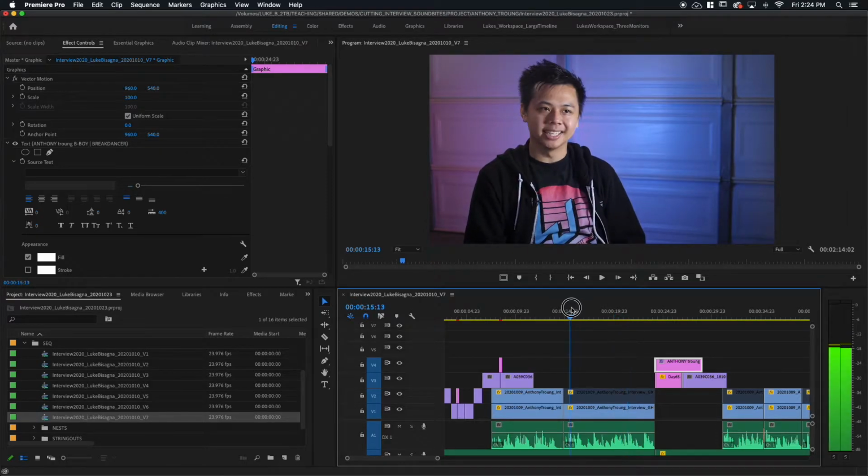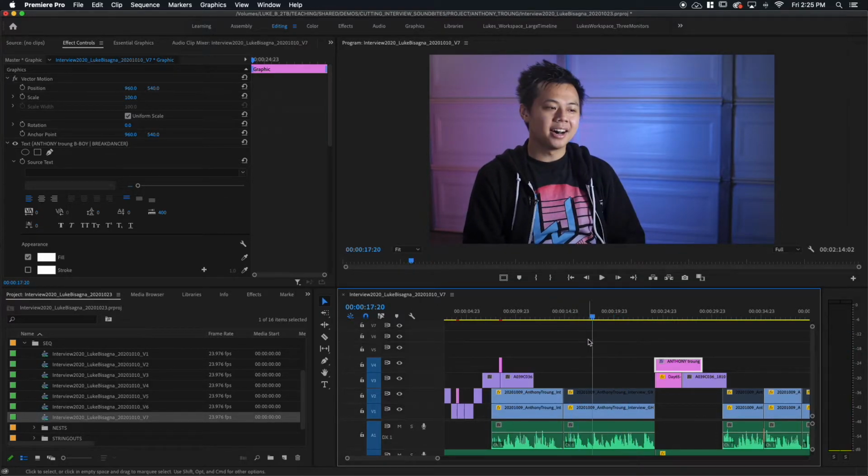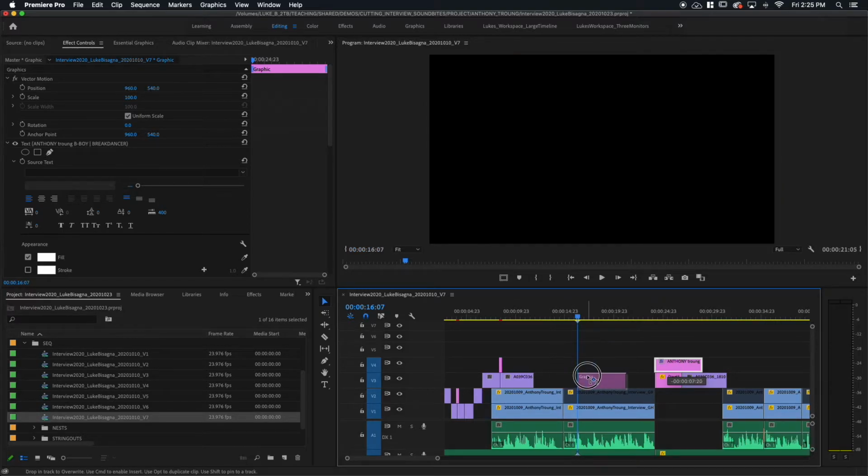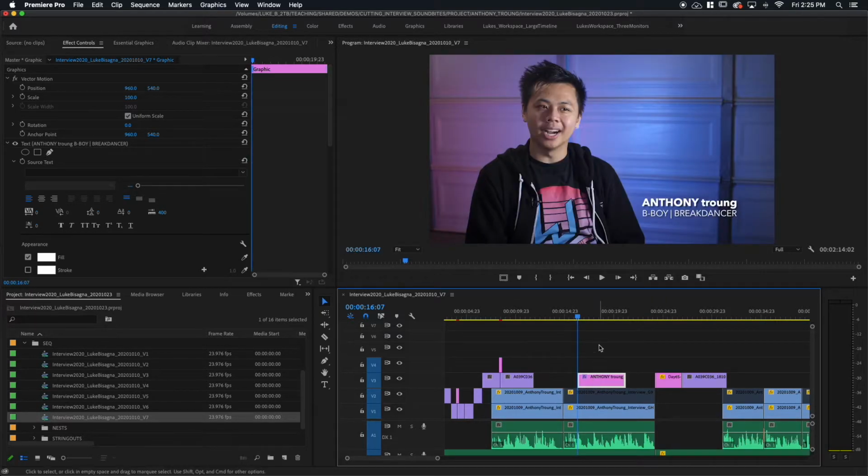I think I'm going to go with when he says with wires. It had to be done with wires. With wires, right there. When he kind of jogs his head to screen left a little bit. I think that's where I'm going to align the lower third. Let's check that out and see how that comes in.